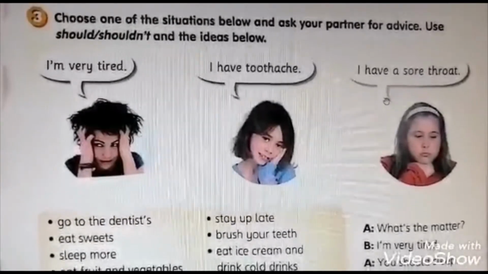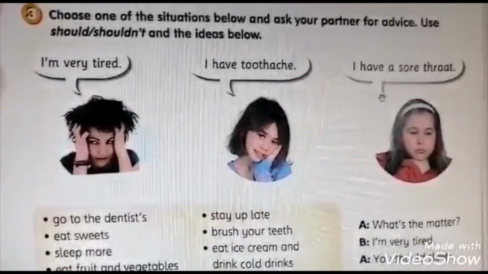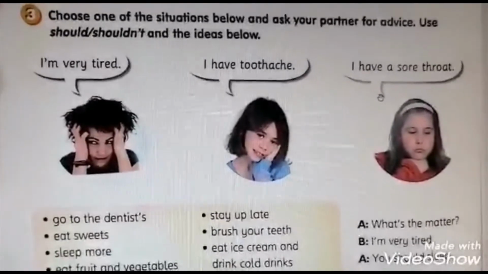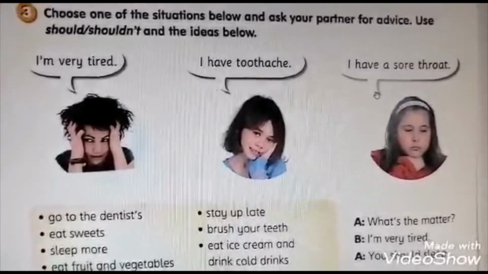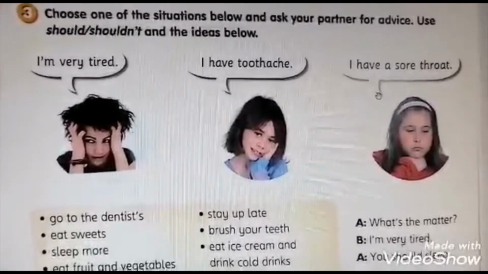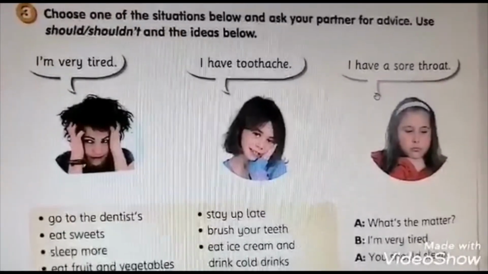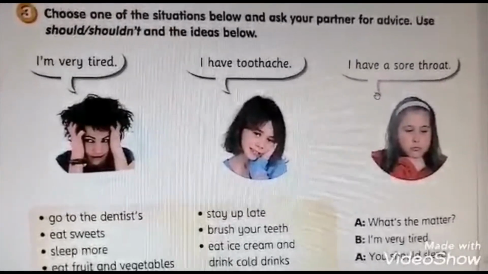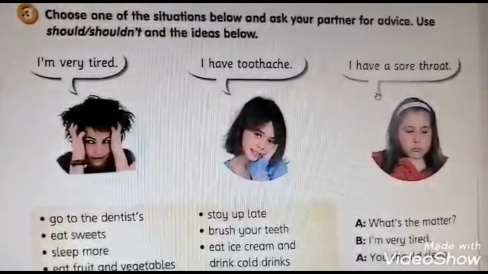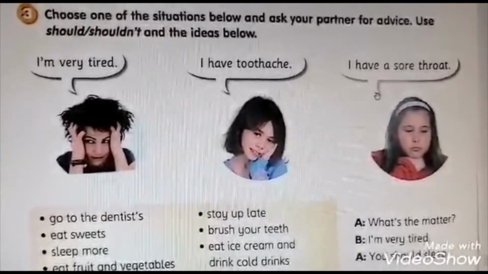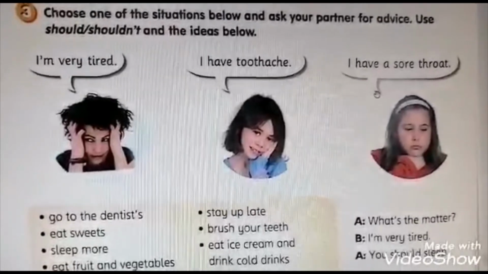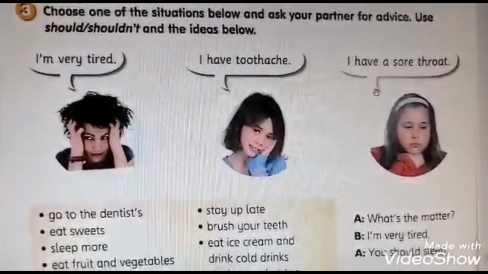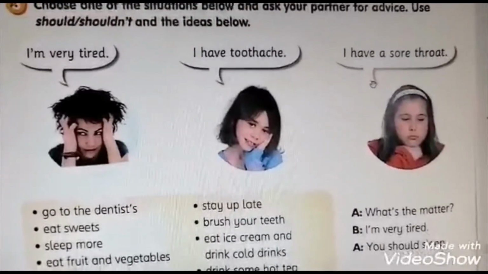Choose one of the situations below and ask your partner for advice. Use should, shouldn't, and the ideas below. As you can see, look at the pictures. Look at the speech bubbles. I'm very tired. I have toothache. I have a sore throat. So as you can see, there are some